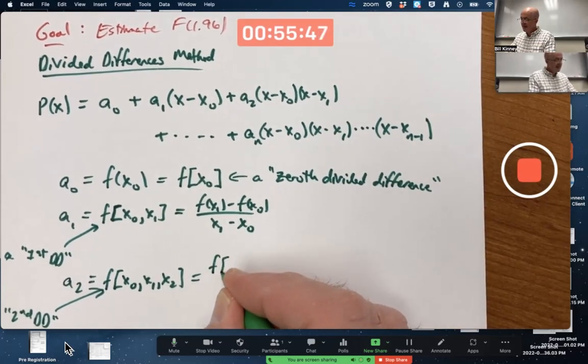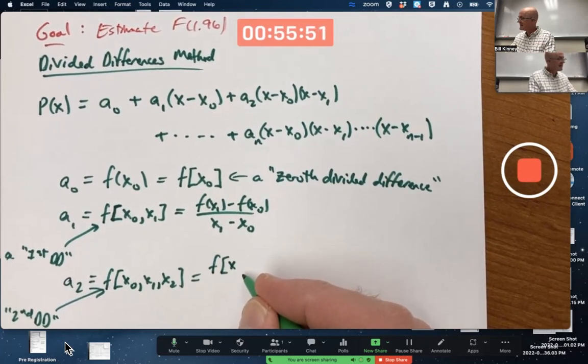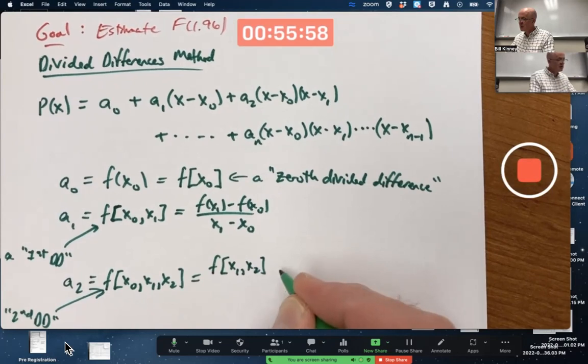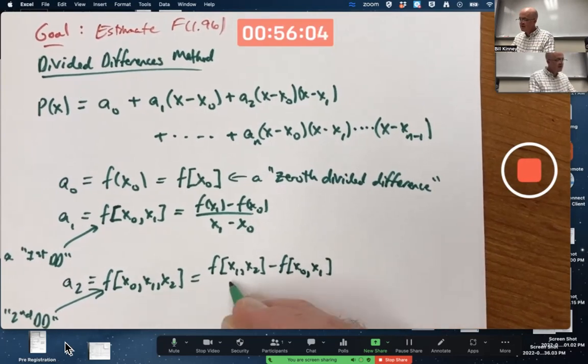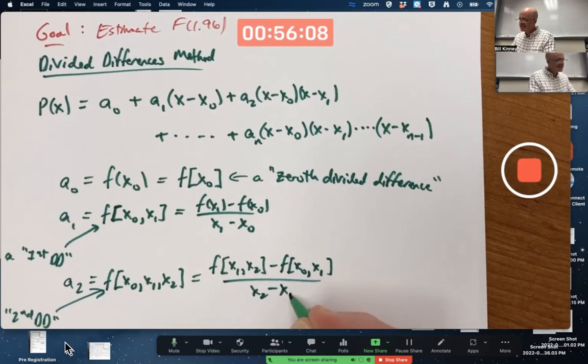It's f of, okay, this is a little tricky because I'm going to write down some things that are not yet defined. f of x1 comma x2 minus f of x0 comma x1 divided by x2 minus x0,